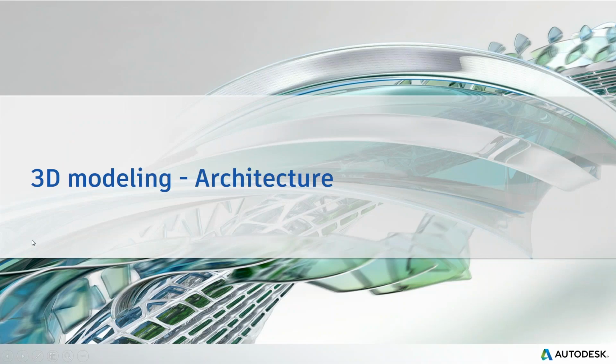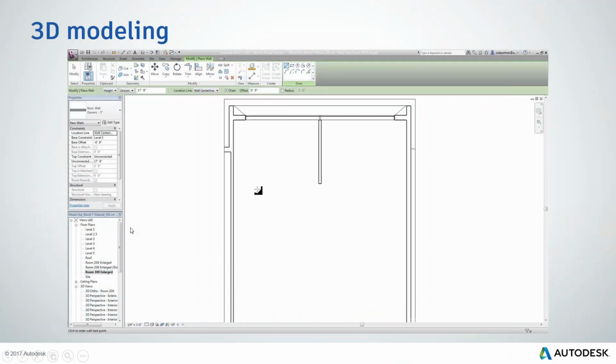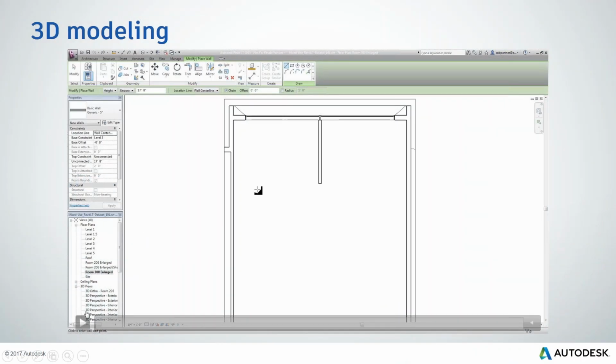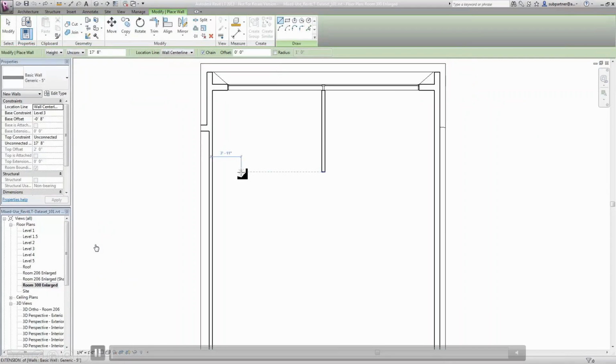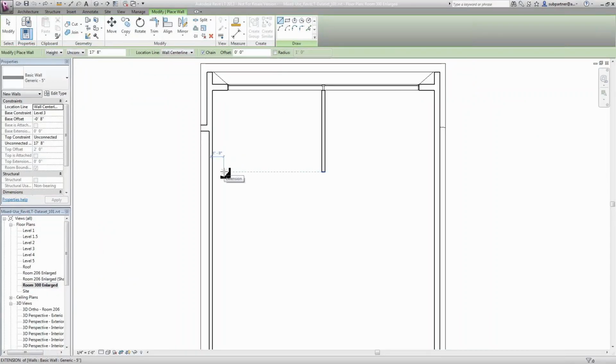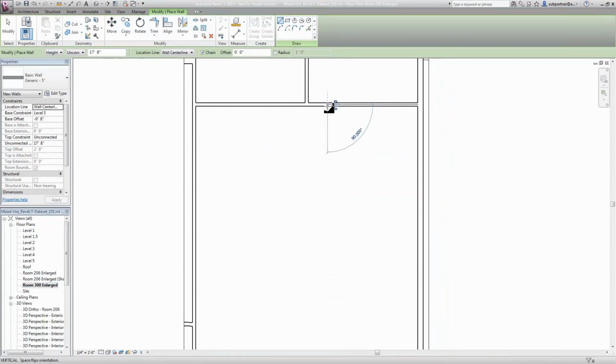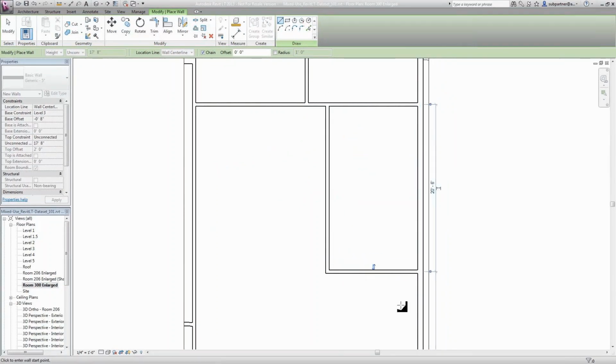So I already started with 3D modeling, but let's have a look at what we can do as far as 3D modeling of the building from an architecture perspective is concerned. So here is a short example of what we can do with building a 3D model. Please realize this is very similar to the functionality you are used to in CAD, but here I am not drawing only lines, but I am creating a rich 3D model